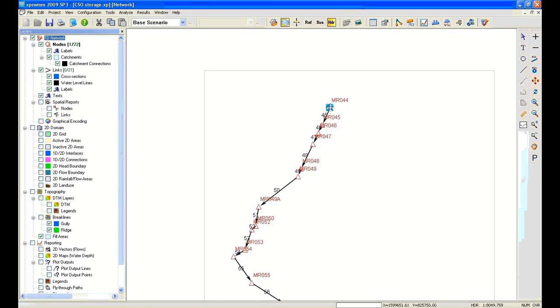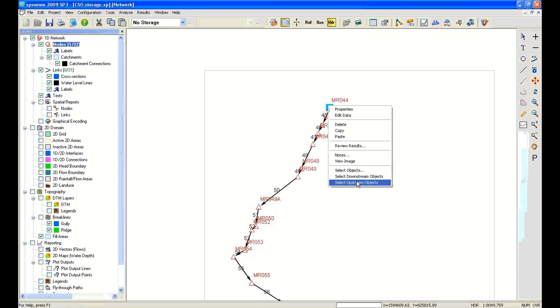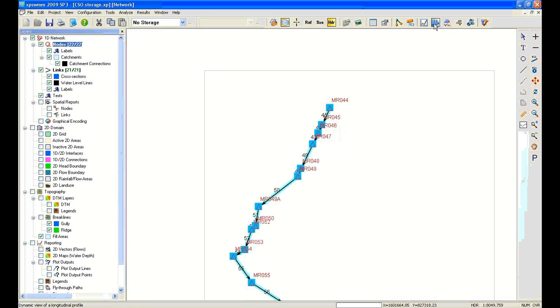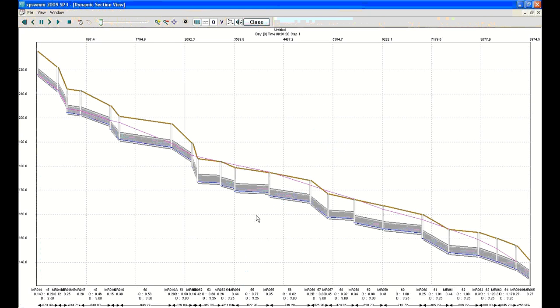If I look at this, and I want to look at my no storage one first, in a long section, this time I'm not going to use the dynamic section view. I'm just going to use dynamic long section. You can see that we had some spots where we ended up with water above the ground. And that's where the magenta line you see exceeded the rim elevation. So for example, right here and right here, let me